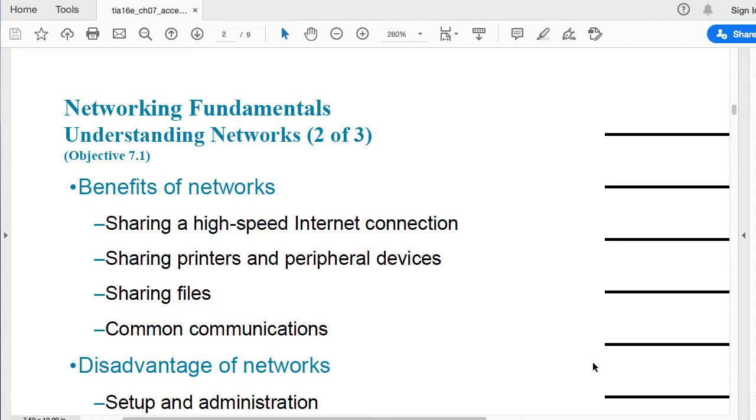Now, the benefits of networks, as we know, sharing a high-speed internet connection, and this is not something very old. It's actually pretty recent. Back in the day, we were able to communicate, but the communication wasn't happening using a high-speed internet connection.